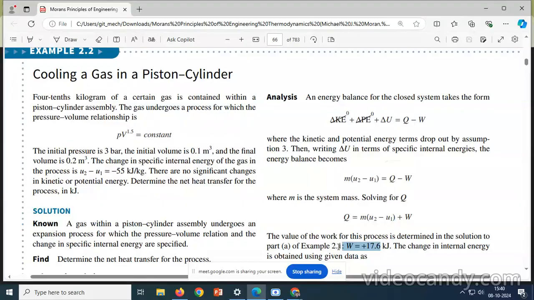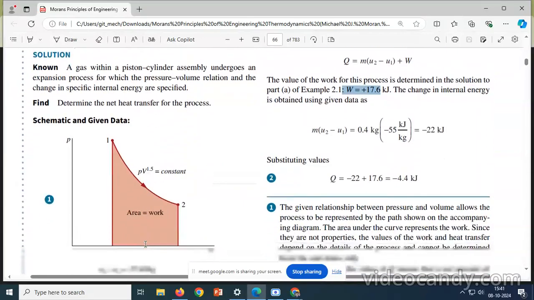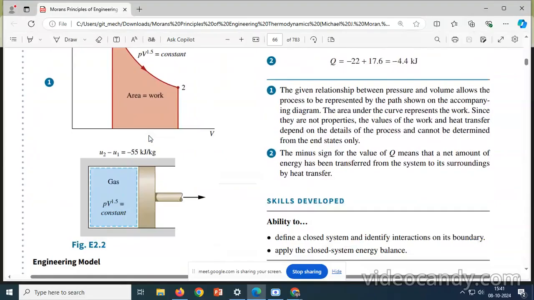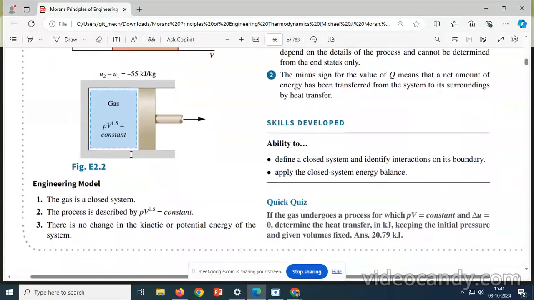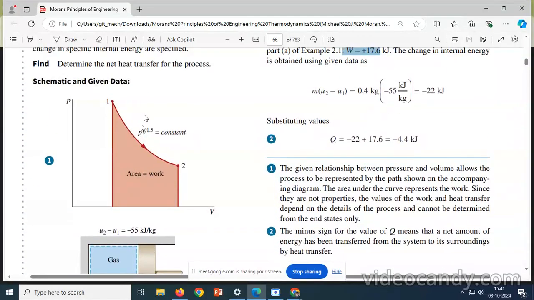So problem number A, that is 2.1, already part is solved, where we found out work done is plus 17.6 kilojoules. And again, when mass is changed, we got it around 22 point something. So now today also I'll read once again till work done problem. So these things we have taken earlier. Okay. Now see the internal energy change. U2 minus U1 for 1 kg, they have given minus 55. So considering this is the process, PV raised to 1.5, volume is increased